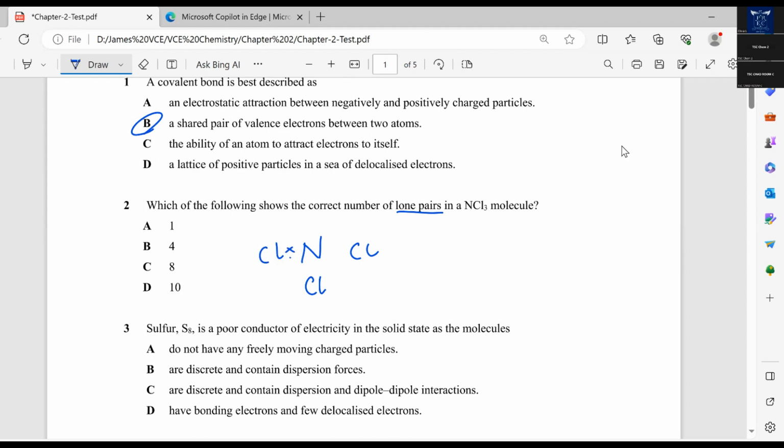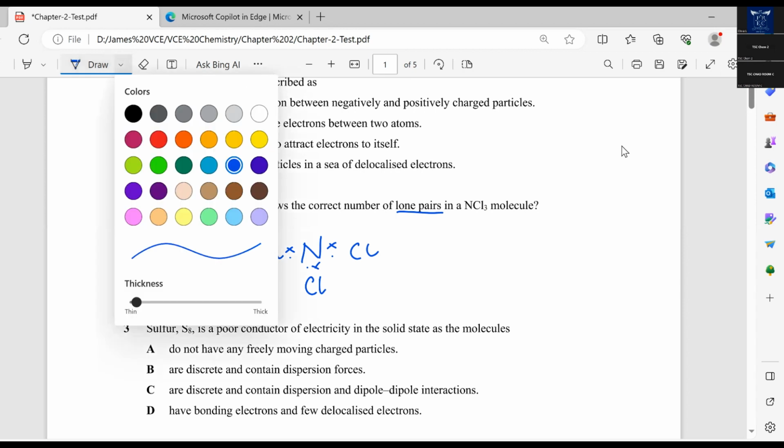Then you have this one electron, and then this. So if we are looking at the number of lone pairs for nitrogen, you will have one